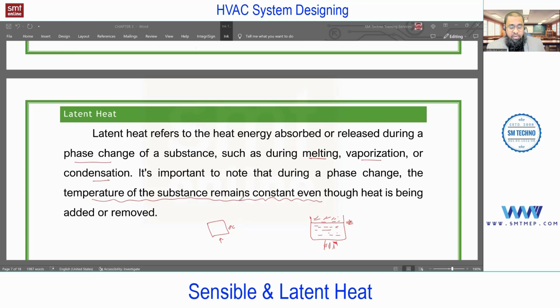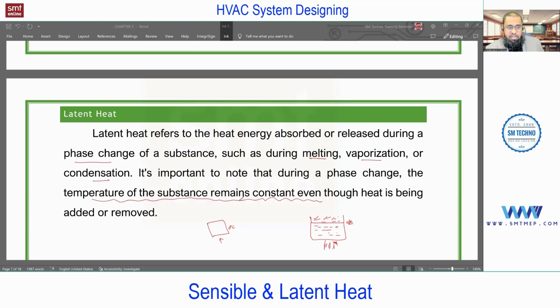When the phase changes from vapor to liquid in the condenser, it is because of rejection of heat equal to latent heat at constant temperature. Similarly, the phase changes from liquid to vapor in the evaporator because of extracting heat equal to latent heat, again at constant temperature. So this concept, sensible and latent, we'll first use in the vapor compression cycle, then we'll also use in